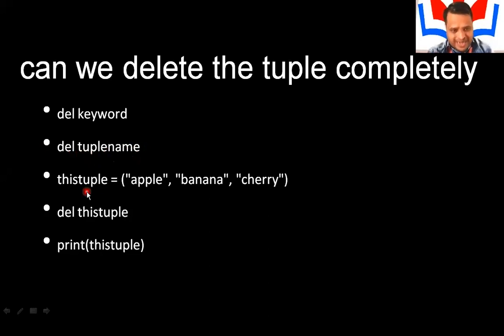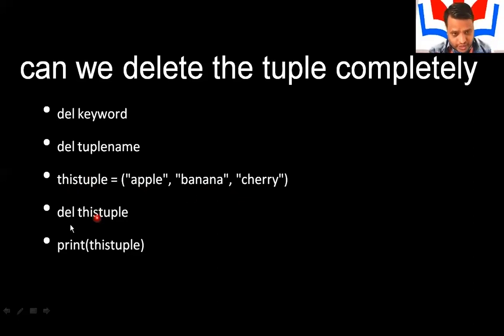Now let us see how to delete the tuple completely. In this example, the tuple name is this tuple, where I have taken apple, banana, and cherry. Most probably all of you have become familiar with this example because I have taken it for each and every method.